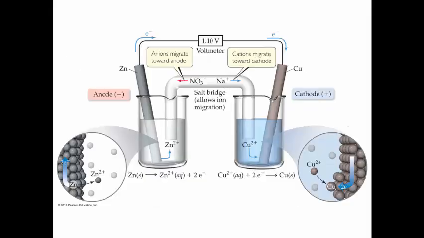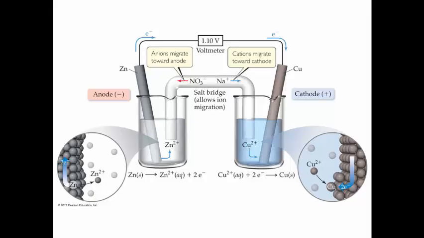So here's a picture of a standard voltaic cell where we have zinc dipped into a zinc nitrate solution, or some sort of zinc solution, and copper, pure metal, dipped into a copper solution, and the salt bridge is just sodium nitrate, which allows the movement of ions. And then you can see how the electrons are going to move from the zinc to the copper,